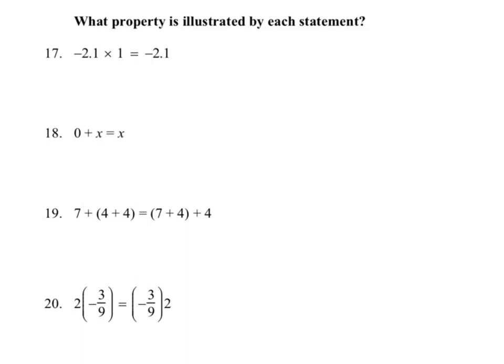Okay, these are quick and easy. And I'm going to type these, because anytime you do some operation and you get the exact same number at the end, it maintains its identity as a number, right? It doesn't change its identity. In this case, negative 2.1 is still negative 2.1 after applying the operation. So we call that the identity